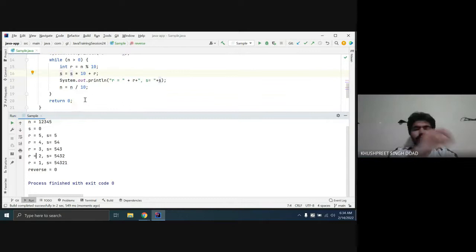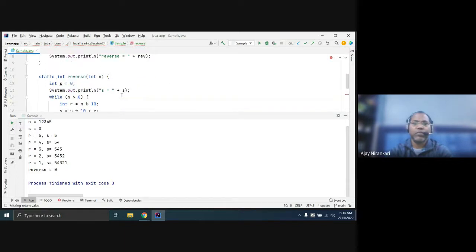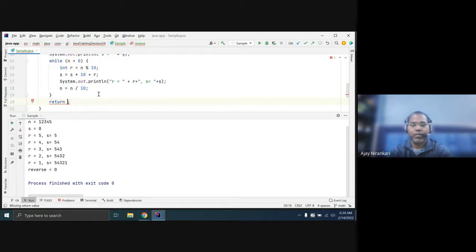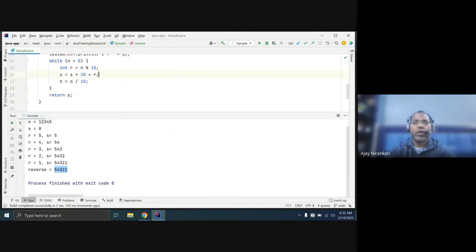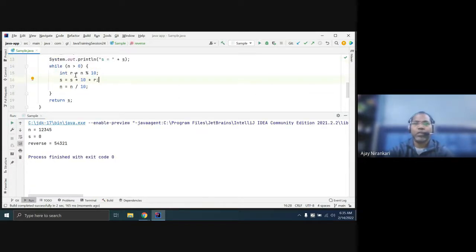Yes. Now you return this, whatever you have as sum, that is the, you can say, reverse. Instead of s variable, you can just change it to reverse. Whatever the name you give, doesn't matter. In this way, you can also do the reverse. So there are multiple approaches you can solve. So just comment out this line and you notice you can get the reverse. And sometimes someone says, instead of writing this new variable, you can write same inside here instead of writing a new variable. And now just remove this.